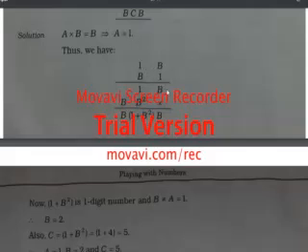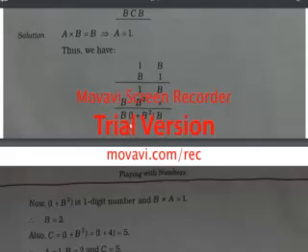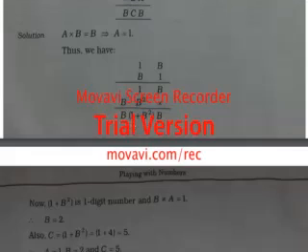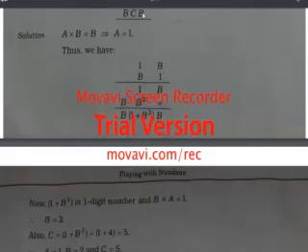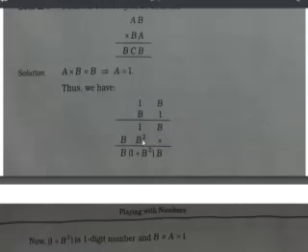Here in place of A, 1 has been kept and it has been multiplied. 1 into B is B, 1 into 1 is 1, and B into B is B square, and B into 1 is 1. So it becomes B, and then after that B square plus 1, and then after that B. Okay, so if you will see this criteria here, BCB, so the BB criteria is matching, and C is different. Of course C is different, as it is B square plus 1.